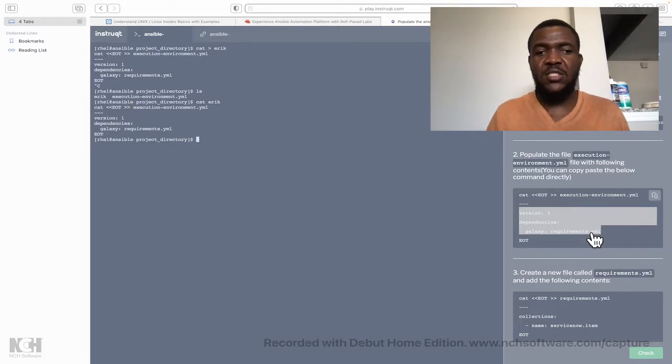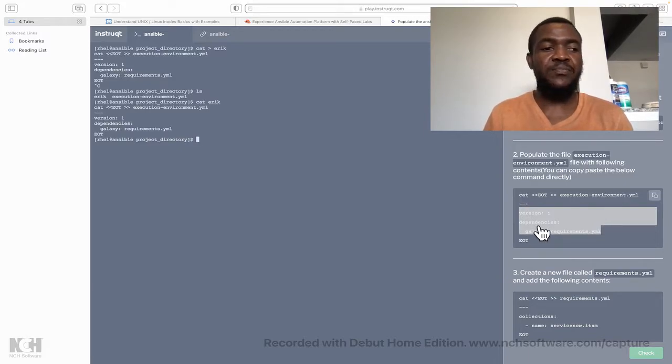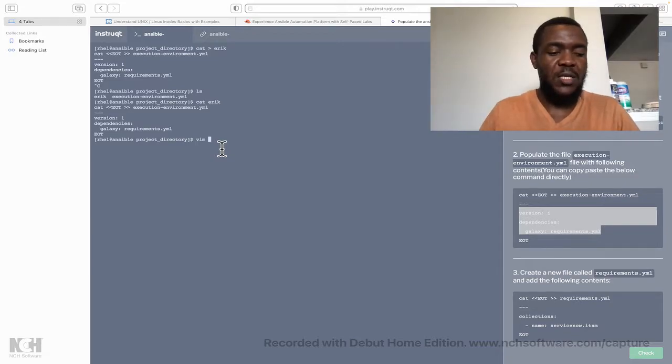So this is just the explanation of this comment that they put here, so that if you don't understand what it means, it is just created for the execution environment, and then inserts those version dependency directly inside. So you can do that. Another way to do that manually is just to create it. For example, Vim. For example, Eric. Let's open Eric. Like I create. If I Vim Eric,